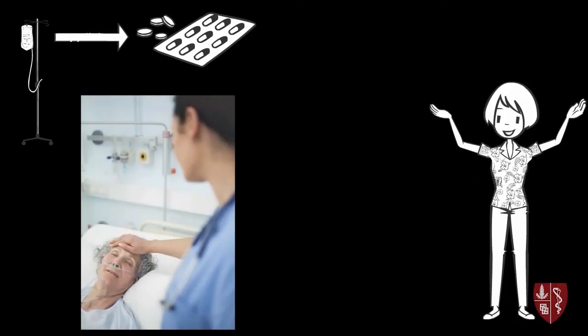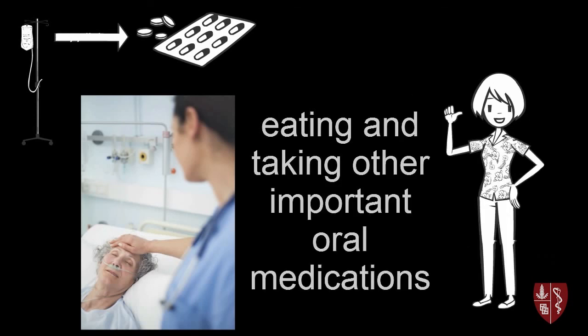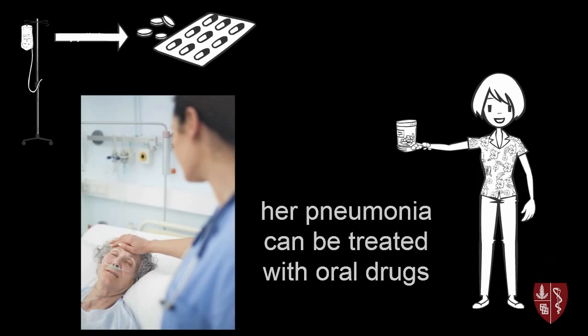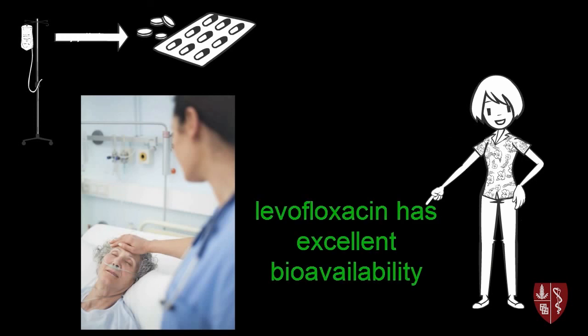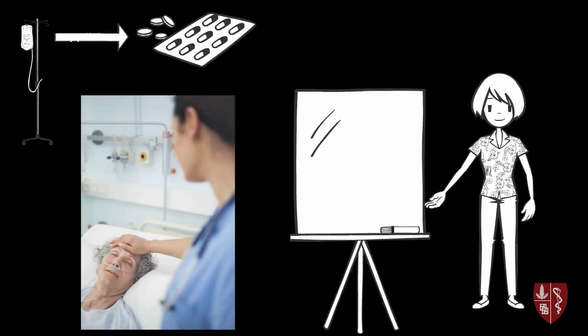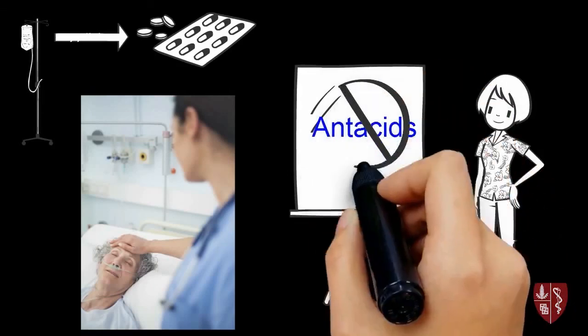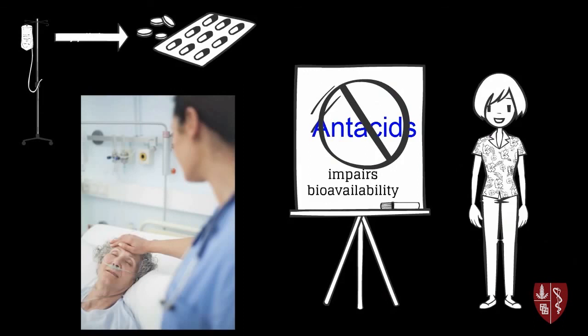In this case, our patient was a perfect candidate for an IV to PO switch. She improved clinically, was eating and taking other important oral medications, and her infection, community-acquired pneumonia, can be treated with orally administered drugs. The treatment choice, oral levofloxacin, has excellent bioavailability. We must counsel the patient to avoid taking oral levofloxacin with antacids, which can interfere with the drug absorption and